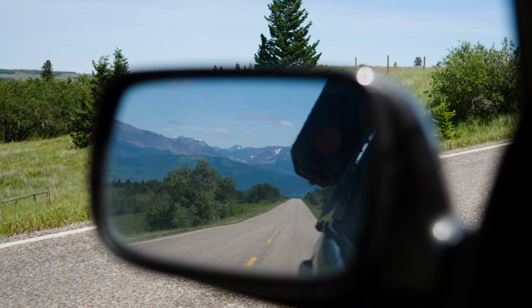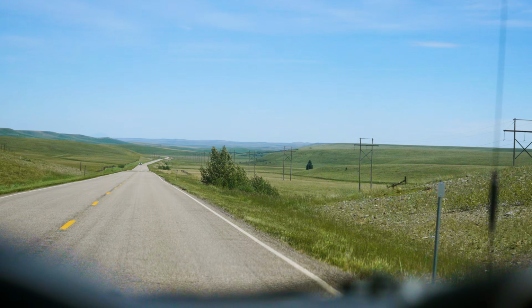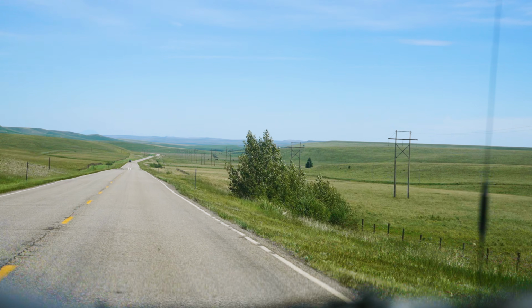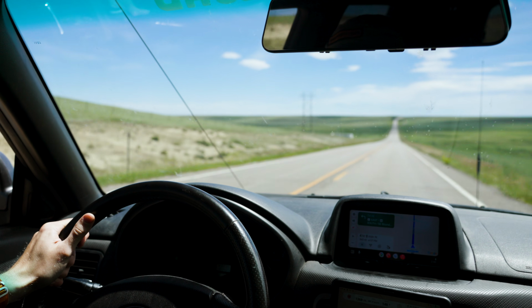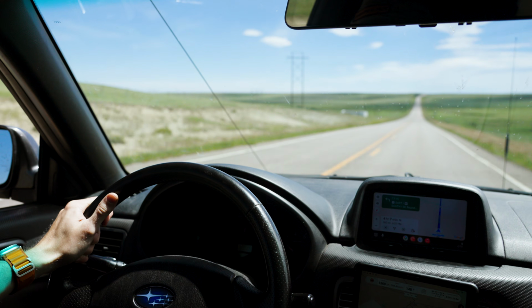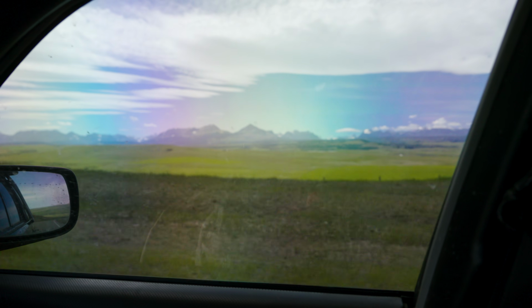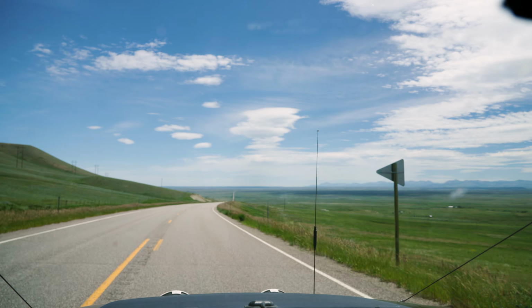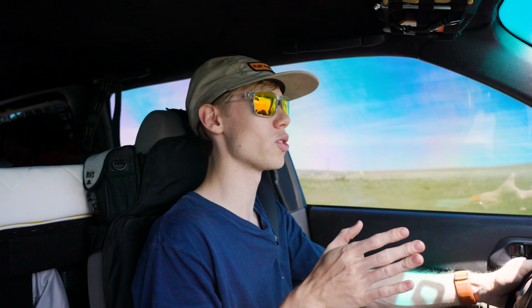And as soon as I started talking about the amazing views of the mountains, we turned east, turning away from them, and kind of made our way towards the foothills, where we have these little mini mountain passes almost. It's kind of cool, but we don't get as nice a view of the mountains. I can still see them here and there as we dip into valleys, but most of the time we're going up and down through these foothills, and I believe to a major highway